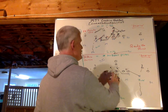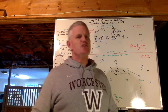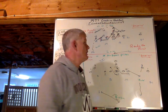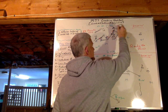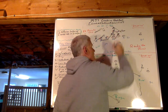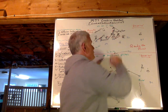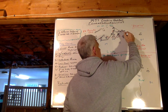Okay? So we use the stick tag as an example. If there's a definite, not just personnel tendency 21, but situation, and then second medium, they like to run the ISO to the two-man surface. We already got an extra guy there versus 21, so to add to that side as well, we'll use the stick tag and get these guys moving to try and defeat and screw up their double team scheme, right? If it's going to be one of those deals, try and dig them out and add by ISO in the linebacker, there you go. If they're going to have to fan block it